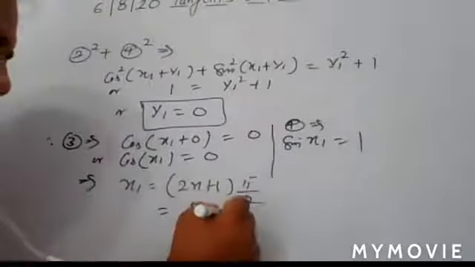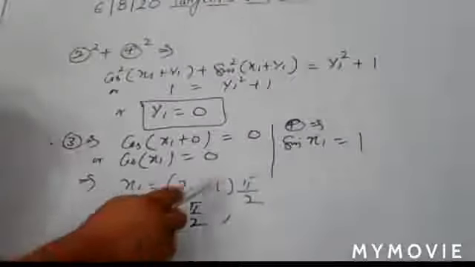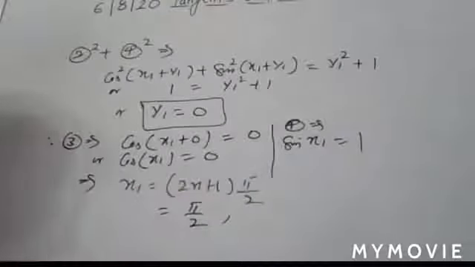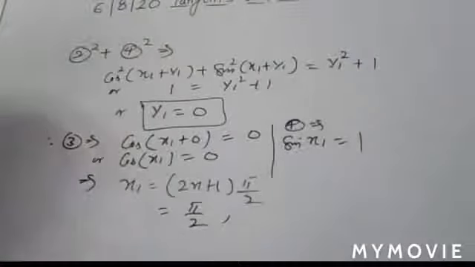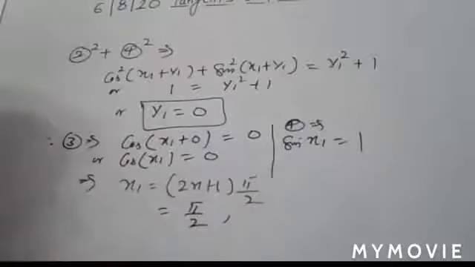Okay, now you check it for other one. If you are putting n is equal to 1, you have 3 pi by 2. No doubt cos of 3 pi by 2 is 0, but sine of 3 pi by 2 is not 1. That is minus 1. It lies in third quadrant, pi plus pi by 2. So here you have minus 1, so it's not satisfying, so 3 pi by 2 is not taken.